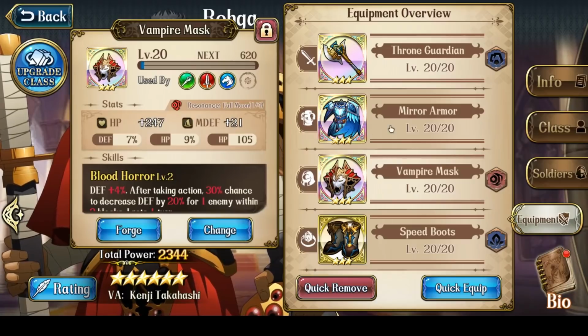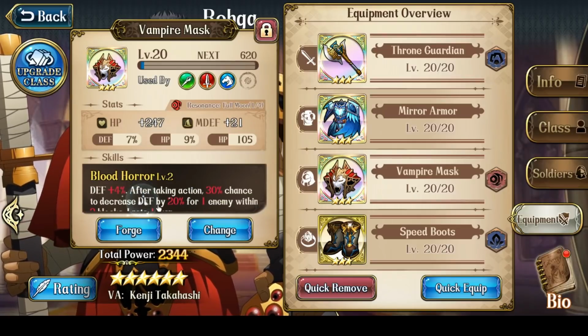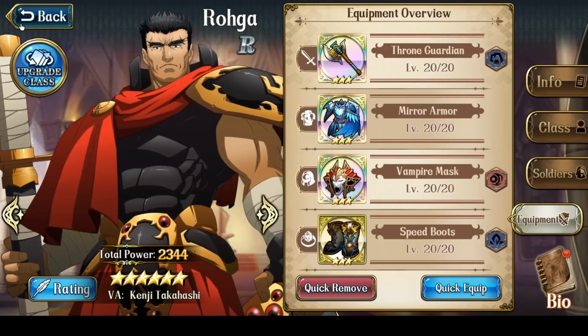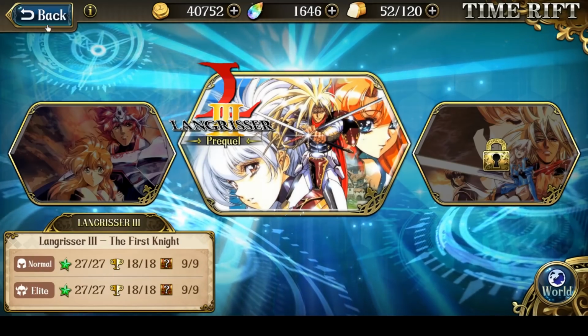So I also gave my Roga a vampire mask, which is level 20, because if this skill activates on turn 1, decreasing defense by 20%, then you just do a bit more damage. You're guaranteed to do damage. So that's it. Alright, so that's my party, and it barely let me beat the Eternal Temple level 65 version, but